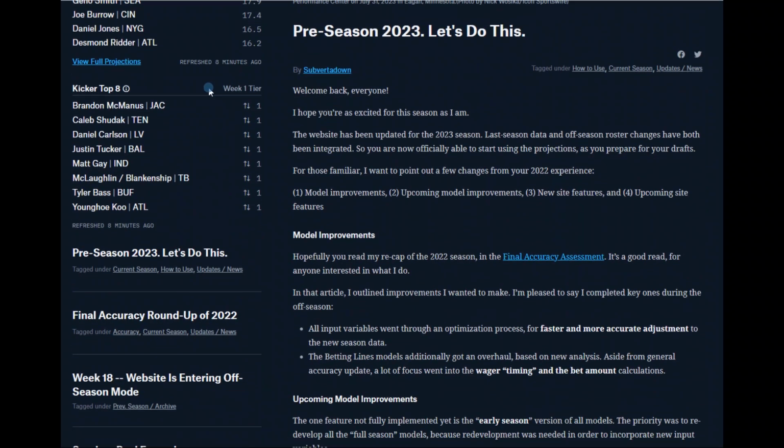Note that kickers are all treated as one tier here on your front page, in part because the fantasy point differences are very small among the top 8 kickers, and small changes during the week are unnecessarily distracting for most people. The most important thing is just to check if your kicker is in the top 8. Luckily, at least one kicker will usually be available in your league, since my situational approach to kicker ranking is